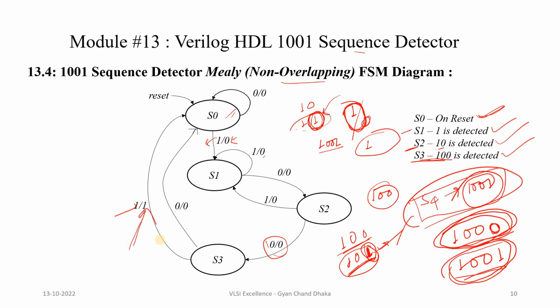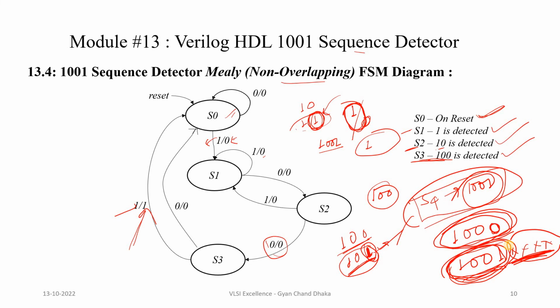And since it is a non-overlapping type of Mealy FSM, we have to start the next sequence from the next bit. The next sequence can be detected from here itself, and none of the bits from this sequence are going to be part of our next sequence. So we have to go to our default state, which is S0 here. This is how, using one state less, we detect our sequence using